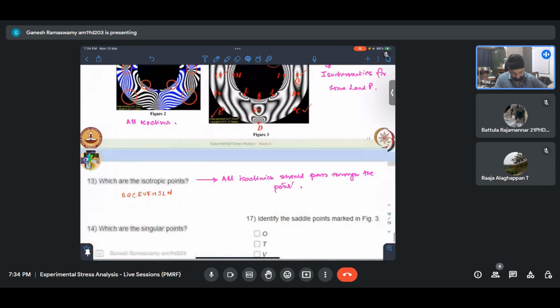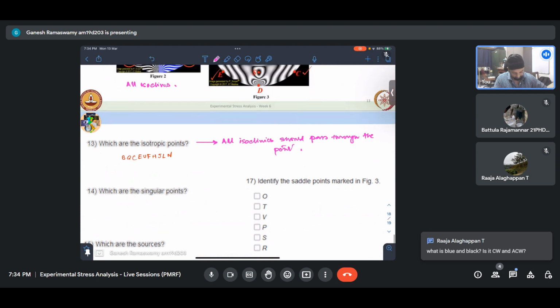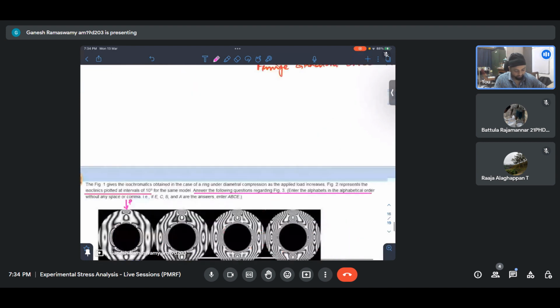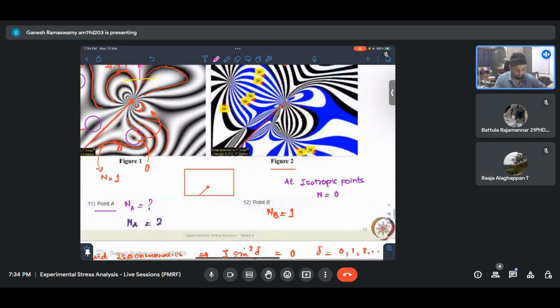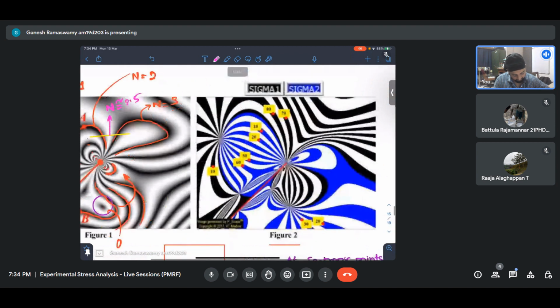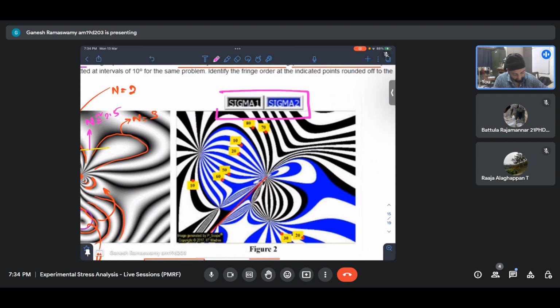What are the singular points? Now we know the requirement. What is the blue and black? Is it clockwise, anti-clockwise? Yeah, good question. I'll just explain that. Okay, let me go to the previous question to explain this. This is a good question. I was expecting someone would raise it. Why are these blue and black? Essentially, we know that